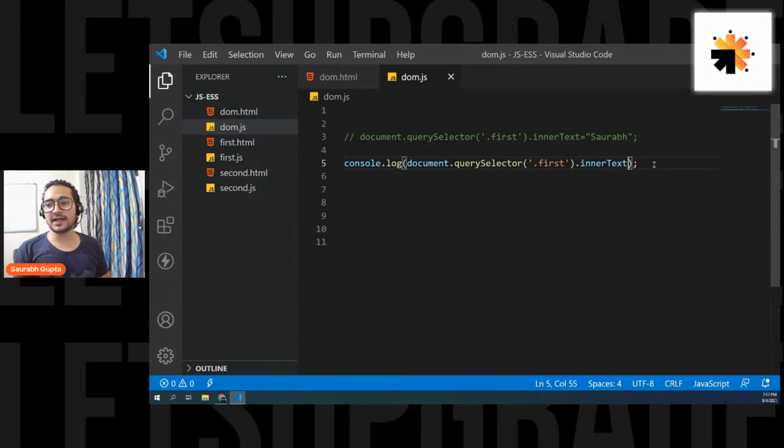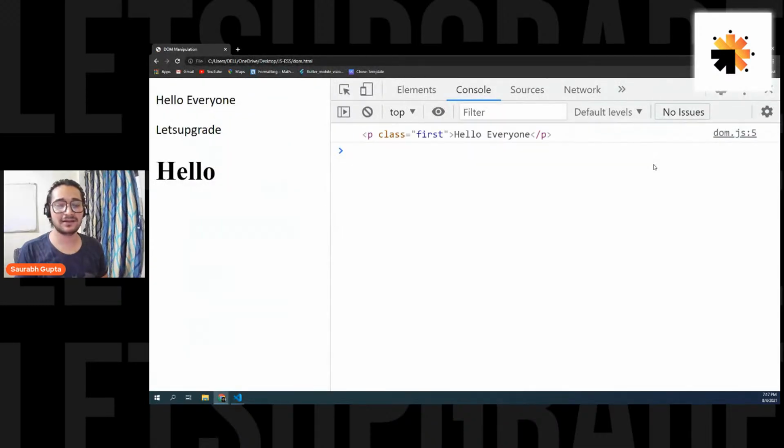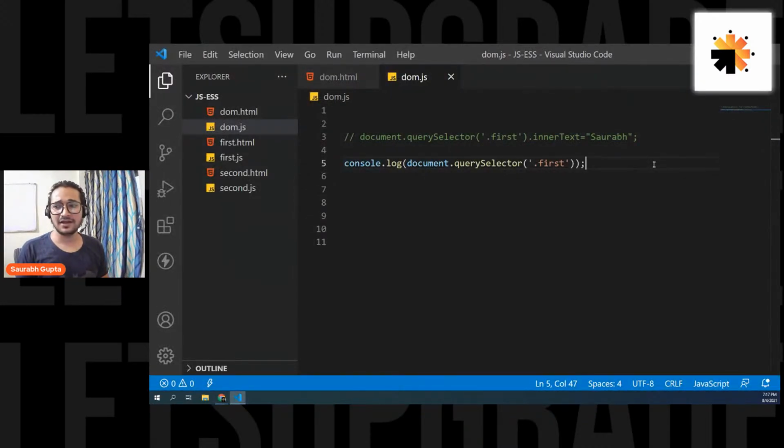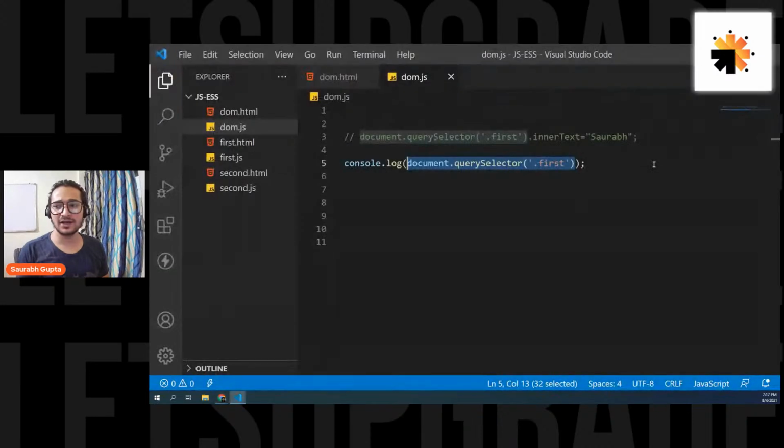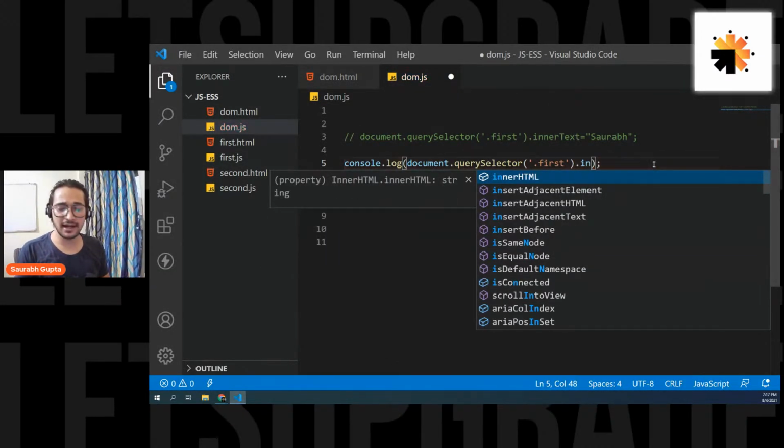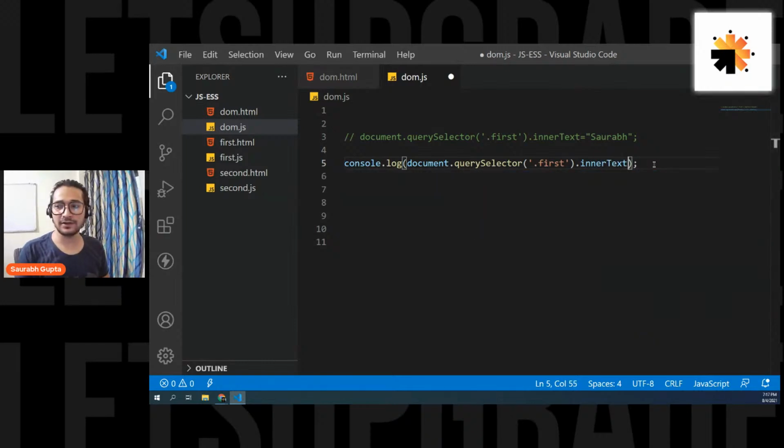If I don't use inner text, I think Chandresh, you're not focusing on it. We saw this, right? If I don't use inner text, this is giving me what? The element, right? Chandresh, are you focused here? Are you understanding this? Please tell me. We saw this earlier. This is giving me the element, the whole p element, and I want only the content inside it. So basically this is giving me the whole p element, and if I put dot inner text, I will get the textual content of it.